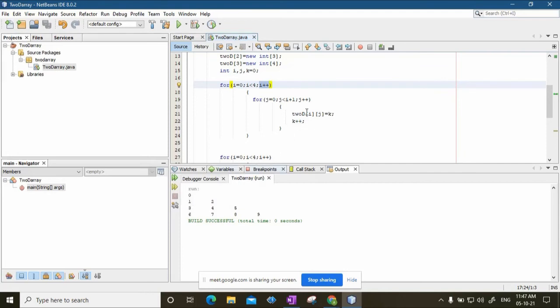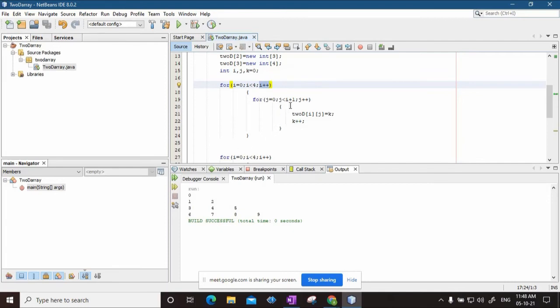K is printed, then k is incremented, so k becomes 2, it comes here. J is incremented by 1. Okay, I is already 1 and j is also now 1, right? So now you just check, is 1 less than 1 plus 1, 2? Yes, 1 is less than 2. So again it comes here, and now it prints the value of k here. And now k is incremented, j is now incremented. Now it violates the condition, and that's why it comes out of this for loop and goes to the outer for loop.